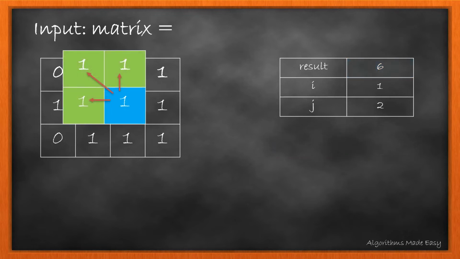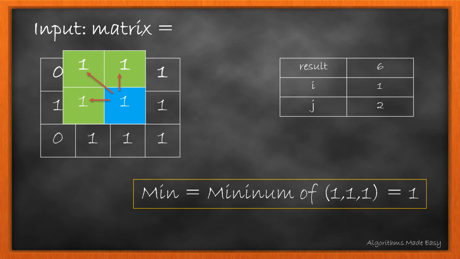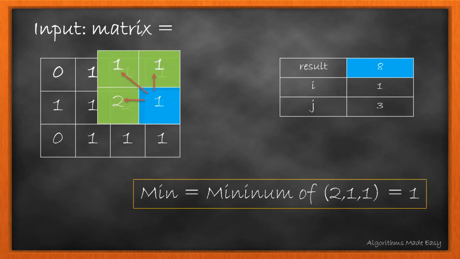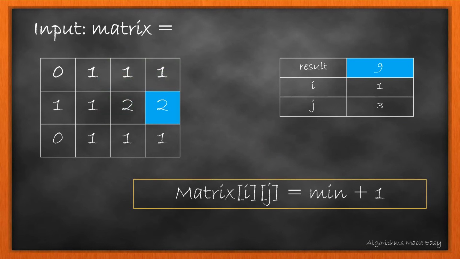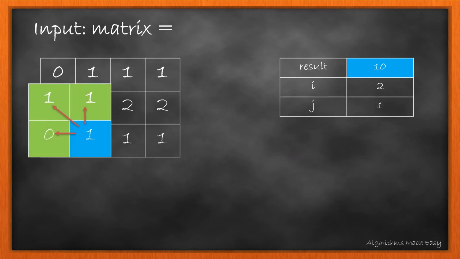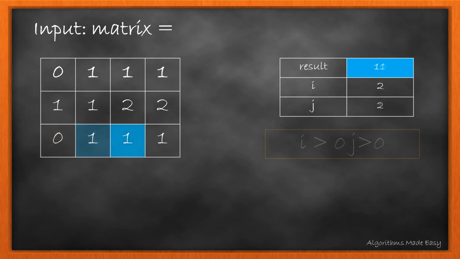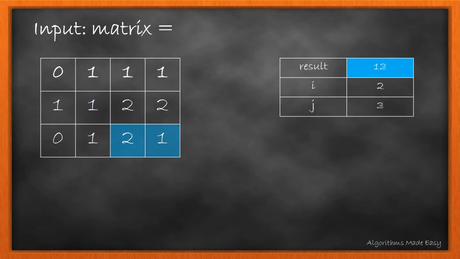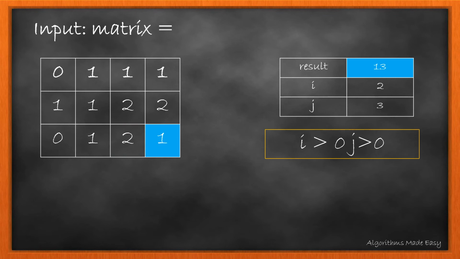As here all are ones, we find the minimum of the 3 elements joining the current one to form the matrix. We can see that the minimum is 1. So we add this minimum to the current element and also to the result. We will repeat the same for all the elements. We have reached the last element. As the value is 1, we increment the result.